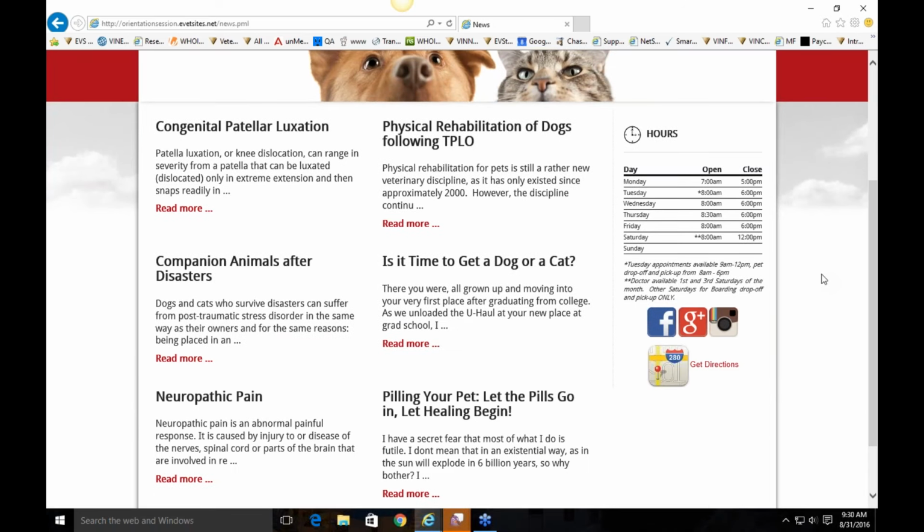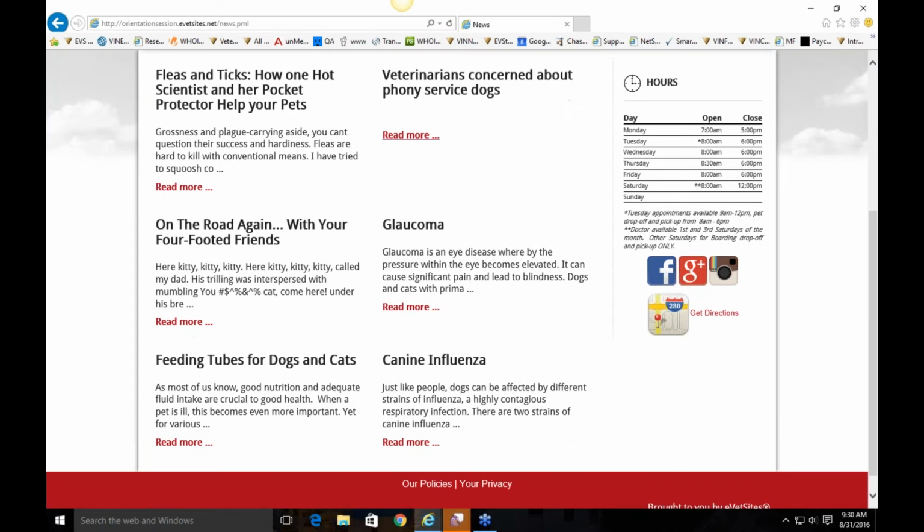This is integrated content, so these are news articles that you can have rotating through your website. You can also choose to include these on the home page. So if you wanted to have rotating articles underneath the content on the home page, that's an option as well. And I'll show you how that works towards the end of the orientation. But any time that this page is refreshed, they're going to see 6 new articles. So anytime they click that,